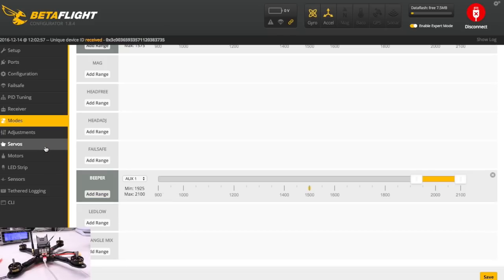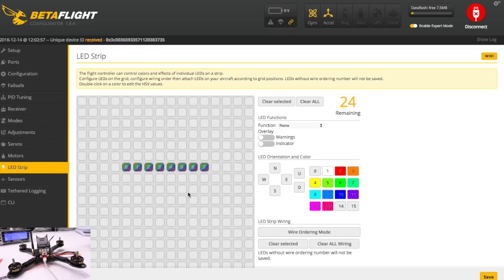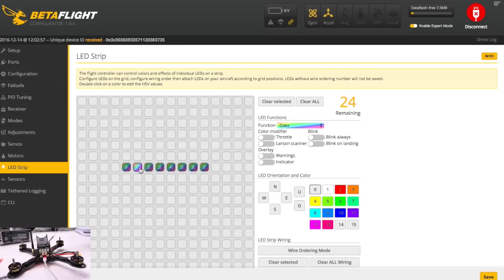Now I'll go to the LED strip setup, and right now I have all of them turned off because during my flight this morning I just wanted to get a quick flight in. I didn't want to attract a lot of attention, but you can turn those back on. So you just select each one here,